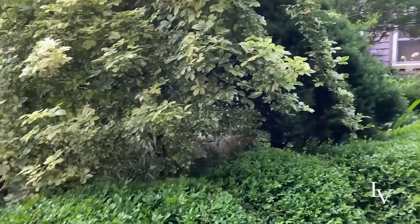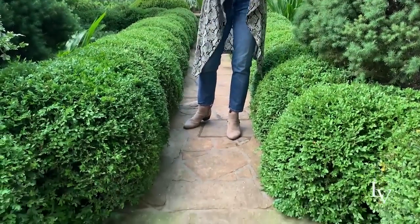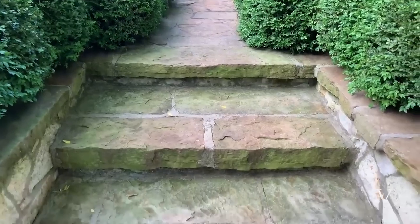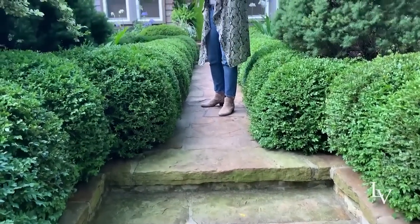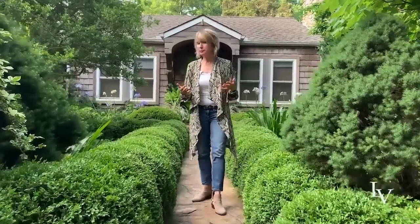So as you come up the stone steps, you see that it's got that aged patina I so adore. It's got kind of a green overlay to it, which echoes all of the greens in this landscape. This is, in some ways, even though it's got kind of a fairy tale quality about it, it nevertheless also has a masculine vibe because it's not real frilly. It's mostly just green on green on green, and that enables it to look good pretty much year round. So if you come up the steps with me,